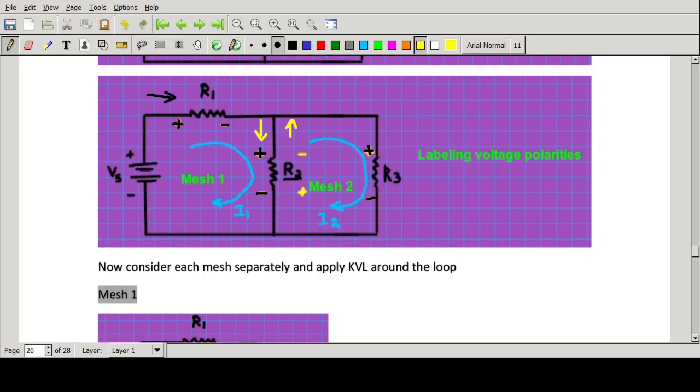So if I am considering the voltage drop due to the current I1, it is like this, plus, minus. Okay. Now when I consider the voltage drop due to current I2, here it is plus and here it is minus. They are exactly opposite. So when writing the equation, you have to be very careful. Okay, we will be taking each mesh separately and then we will write the equation. So just let us take the first mesh.